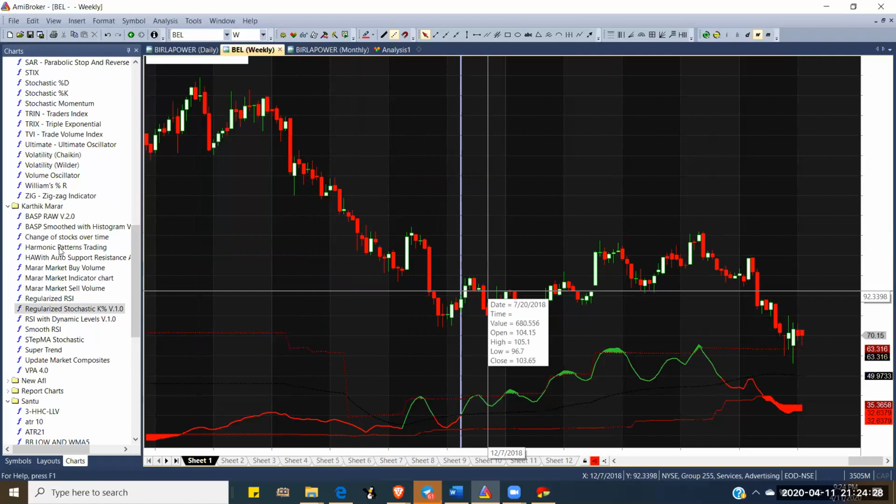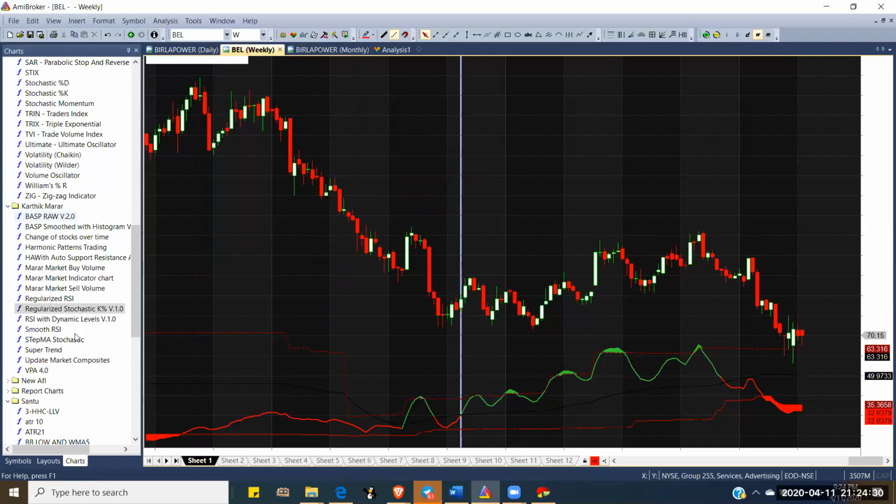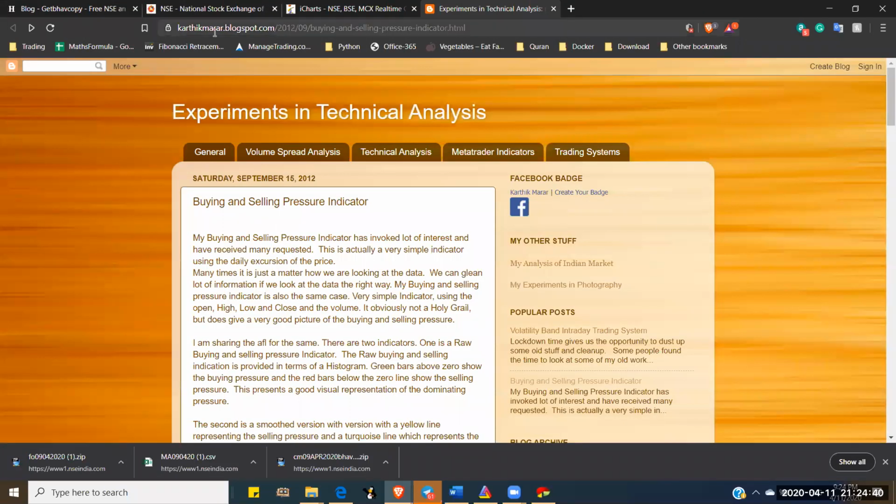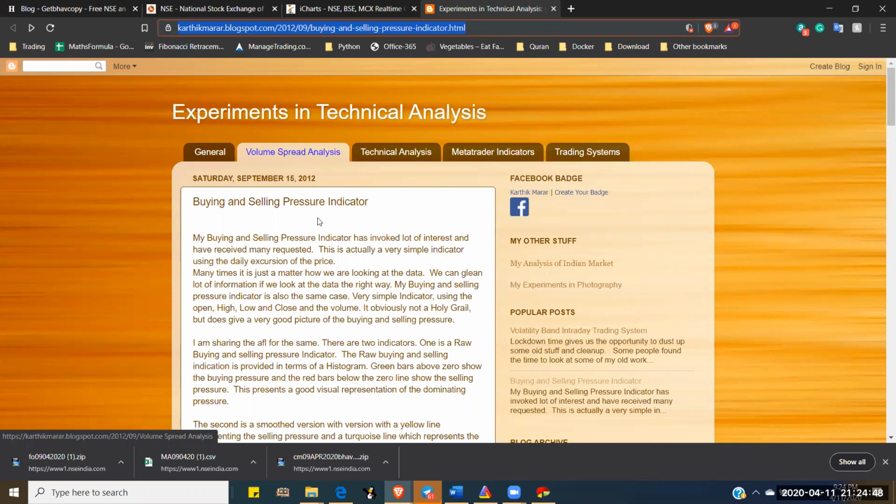Okay, like this, we have a lot of AFLs on Google. We can use those, and my favorites are here. I will give this link. Karthik Marar's Blogspot is there. He has given a lot of indicators, and he is an expert in volume spread analysis. So he has created a lot of